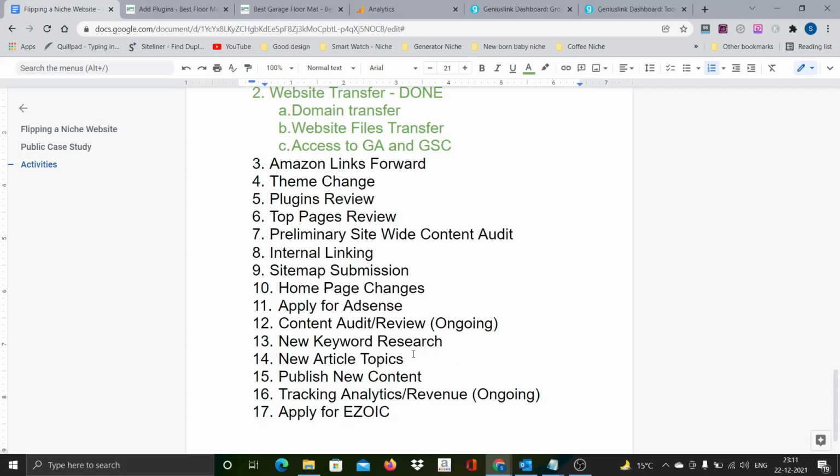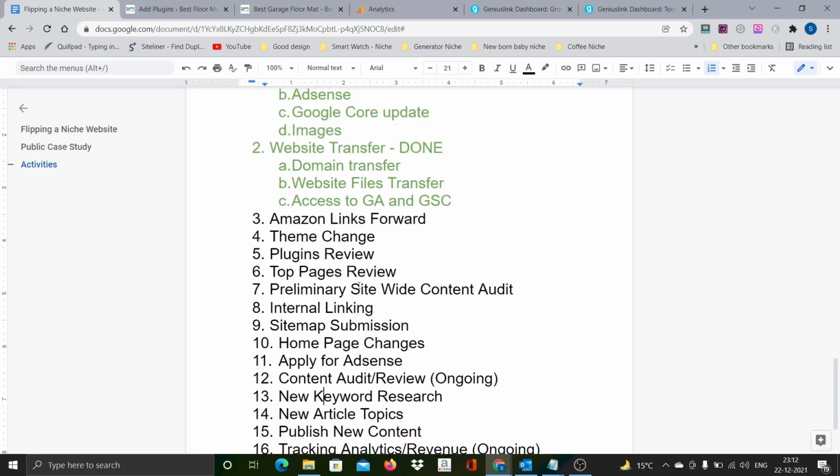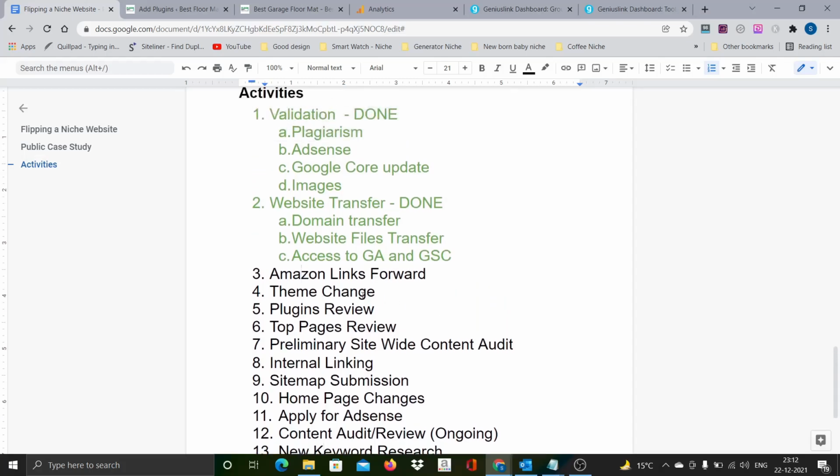If you see here, there are logically two parts. One is to review and modify, to correct or change the existing things up to here, and then from point number 13, it's about the new topics. Once we are done with the necessary changes on the existing site, we will focus on identifying and publishing new content, which involves new keyword analysis, creating the article structure, getting the content written, formatting, and all those things. We'll see that. For now, we will focus on Amazon link modification.